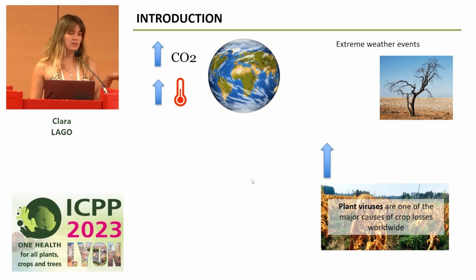Well, these not only impact the global climate, but also have an effect on all living organisms, which include plants, pathogens, and its vectors. Furthermore, the global population has been increasing, so achieving food security becomes a major concern. Currently, plant viruses are one of the major causes of crop losses worldwide, and climate change is only making the